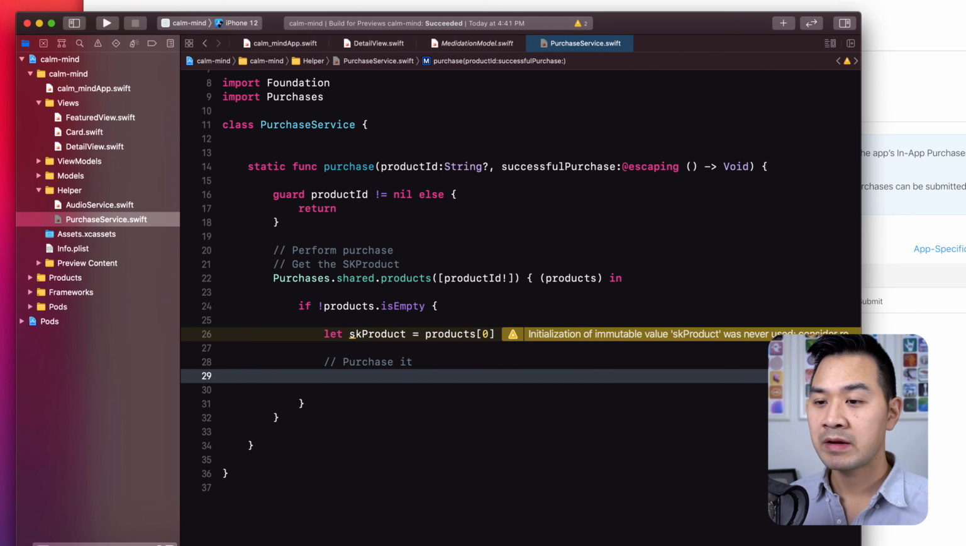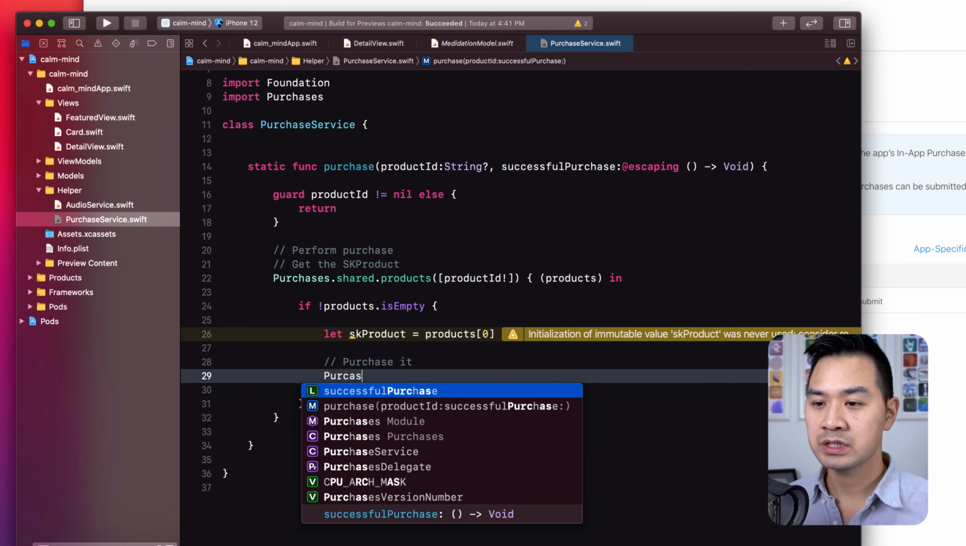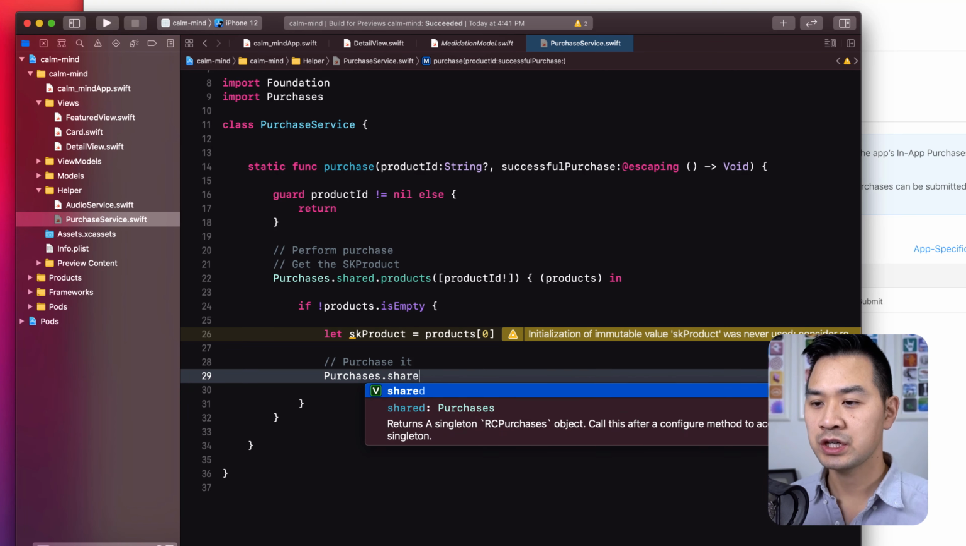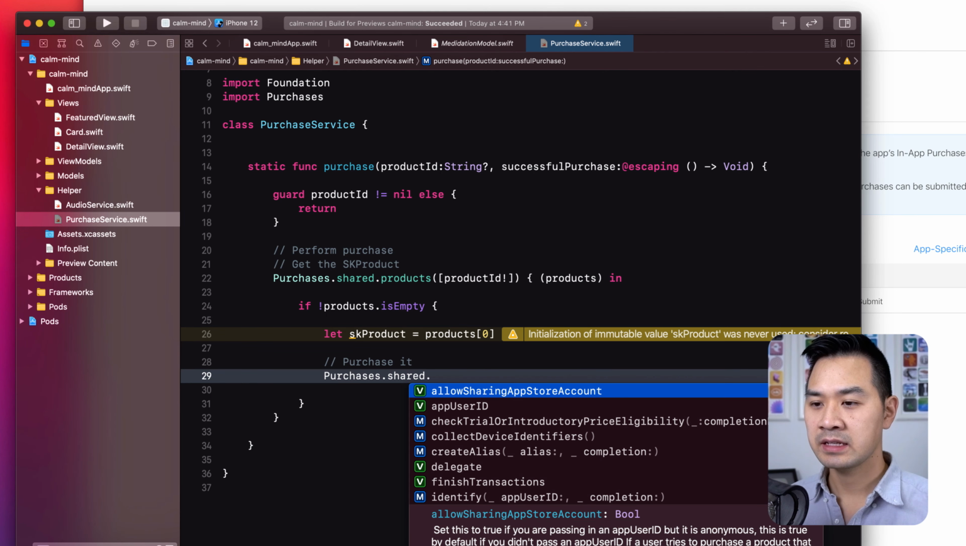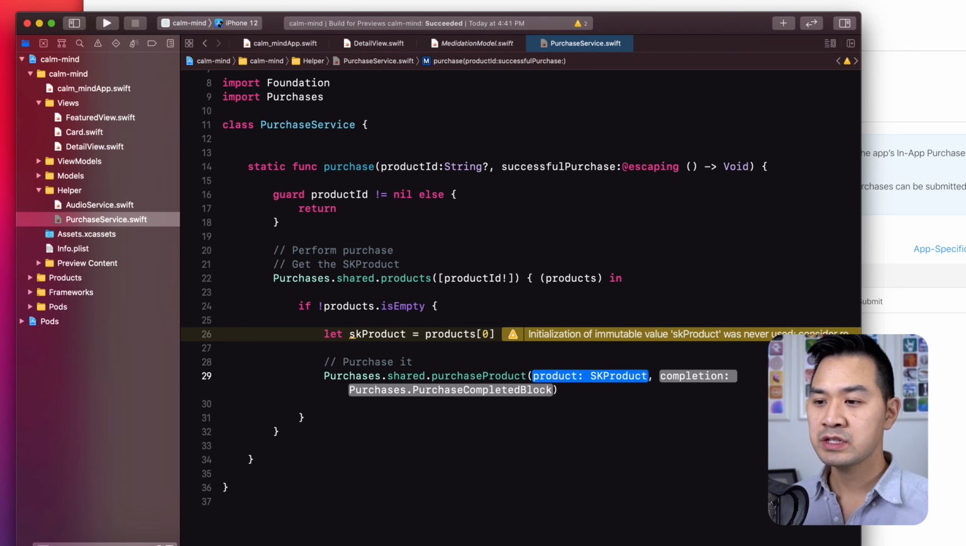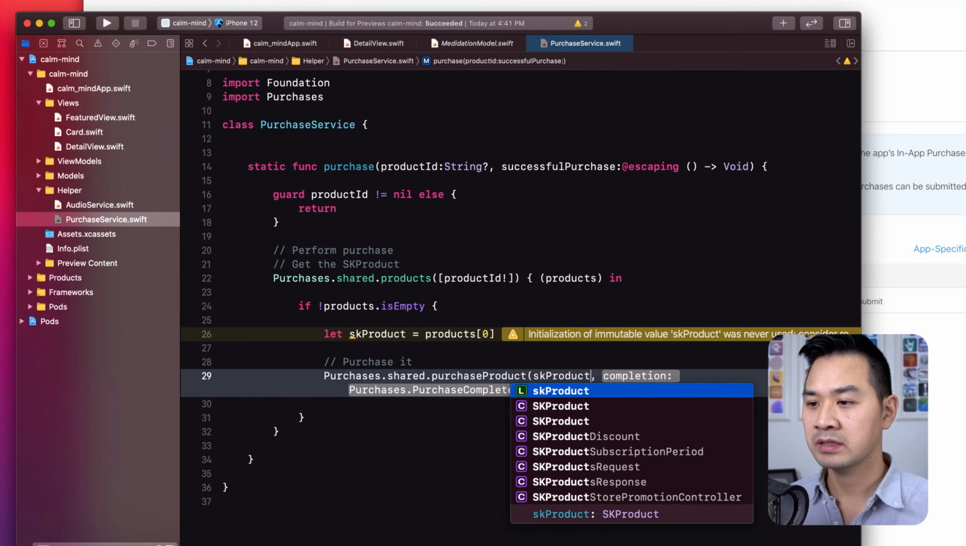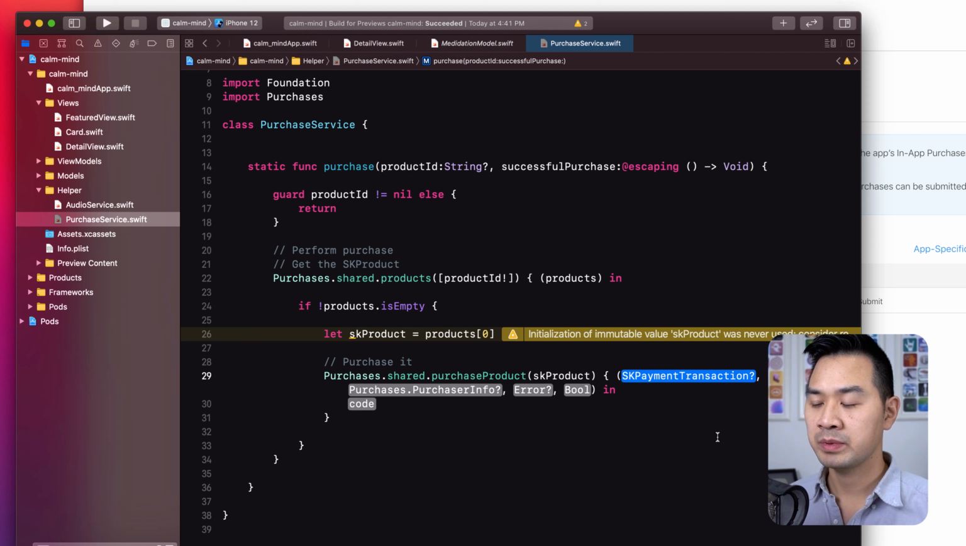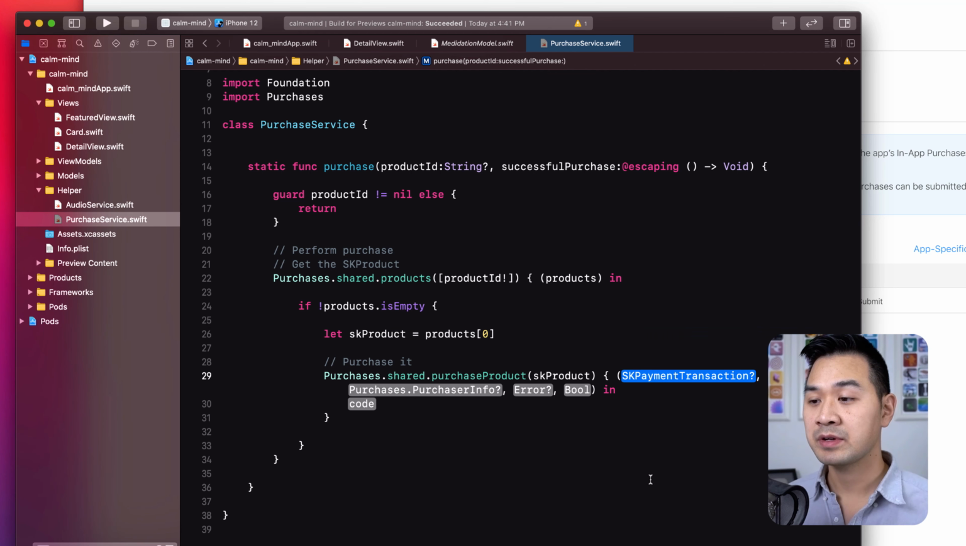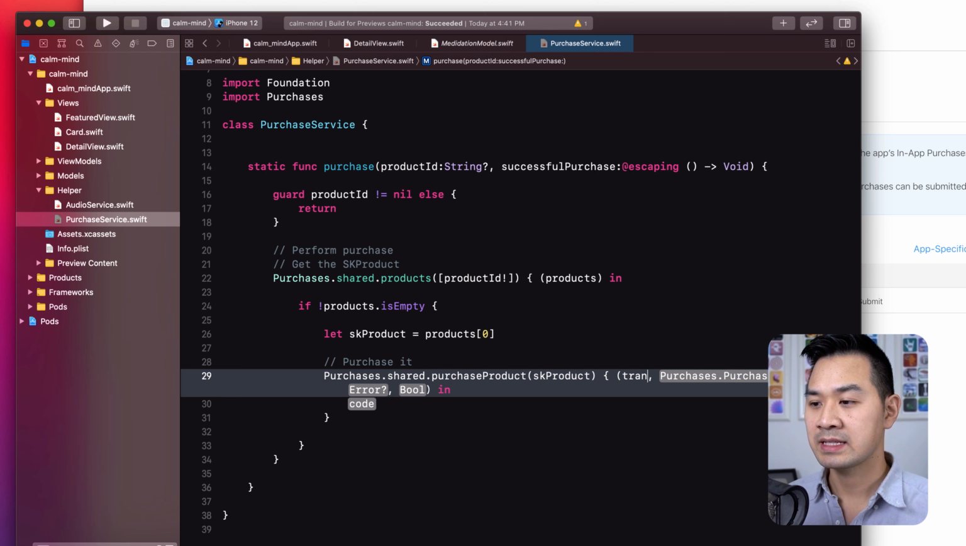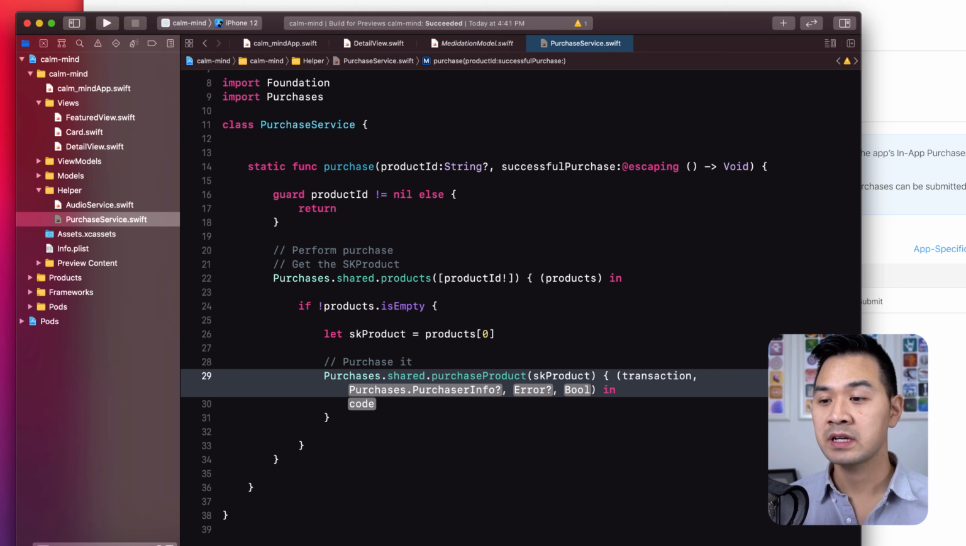Here again, RevenueCat makes it really easy with the purchases framework. So purchases.shared to get the instance, and then let's call purchase product. This method lets us pass in the SK product to purchase and then gives us a completion block for the result. First let's pass in our SK product there, and let's double click this to open up a new closure. It's got several parameters here. The first one is going to be the transaction,